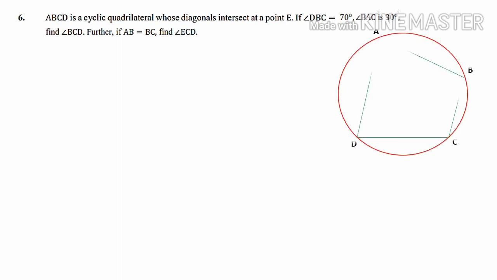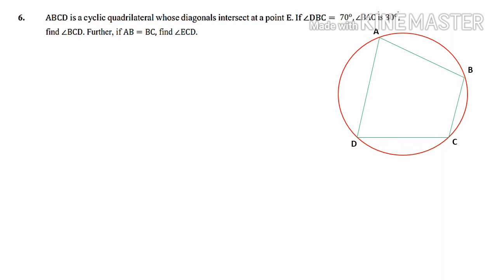ABCD is a cyclic quadrilateral whose diagonals intersect at a point E. If angle DBC is equal to 70 degrees, angle BAC is 30 degrees, find angle BCD. Further, if AB is equal to BC, find angle ECD. So here there is a cyclic quadrilateral